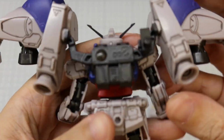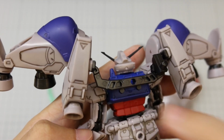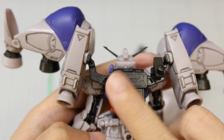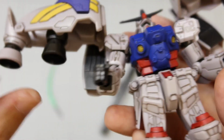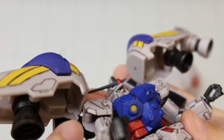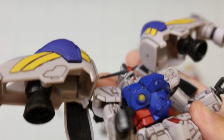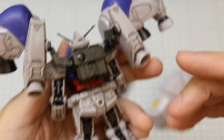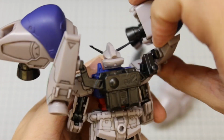Now, our main events, I think, are these. These are fixed arms, but they are not really part of the backpack. They attach to the back of GP02 or GP02A, and the backpack is just a shell going on top. This is not how the flexible binder is supposed to be attached, at least from most illustrations. For most illustrations, there should be a universal joint coming off the side of GP02A's shoulder armor and then into the flexible thruster binder. But for G-frame, they have the same frame for everyone or most Gundams. So instead, they make a unique backpack part to support the flexible binders, which makes them arguably even more flexible,